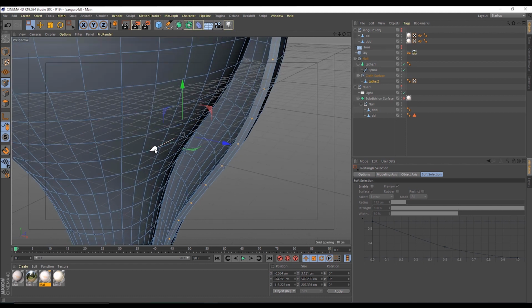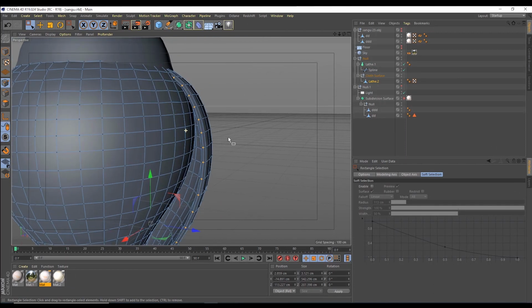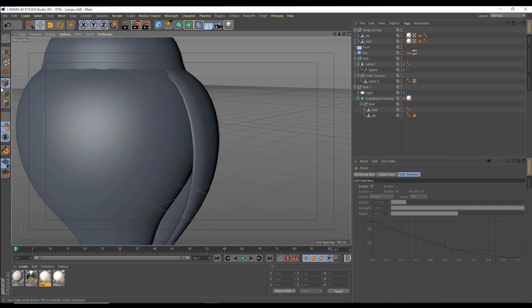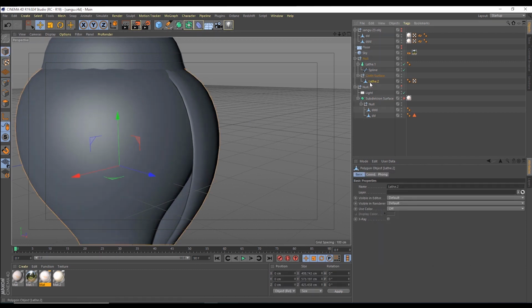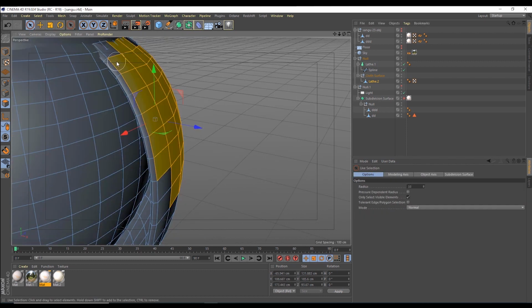Now I am moving this vertex towards the x-axis. Okay, now we got curved edges. Now I am using the polygon brush to change that into an embossed shape. If you follow my steps carefully, you can know that.